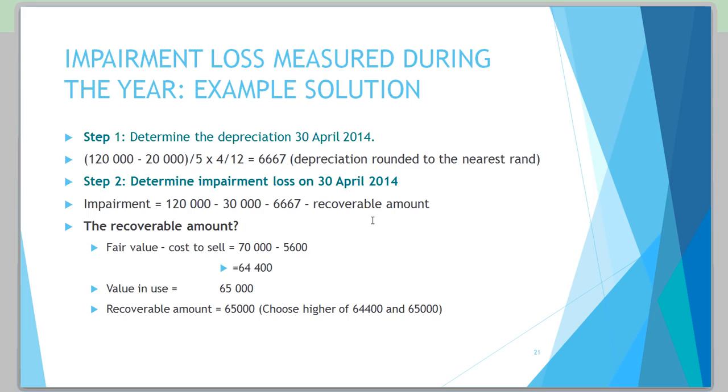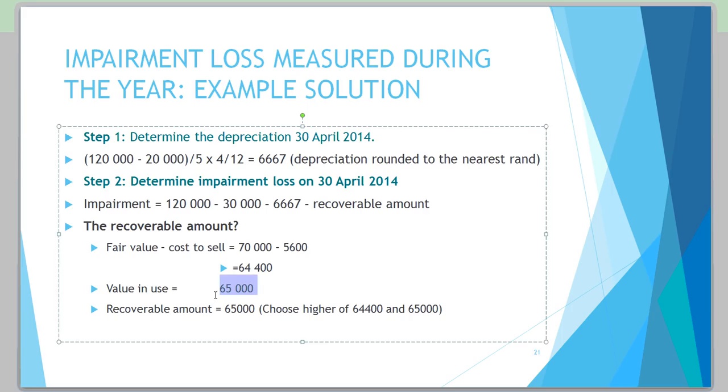So now we need to determine the recoverable amount, and the recoverable amount is the higher of fair value less cost to sell or the value in use. So the fair value was 70,000 less the cost to sell of 5,600, which leaves us with 64,400. The value in use was given as 65,000. So the recoverable amount should be the higher of the 64,400 or the 65,000. So obviously your recoverable amount should be the